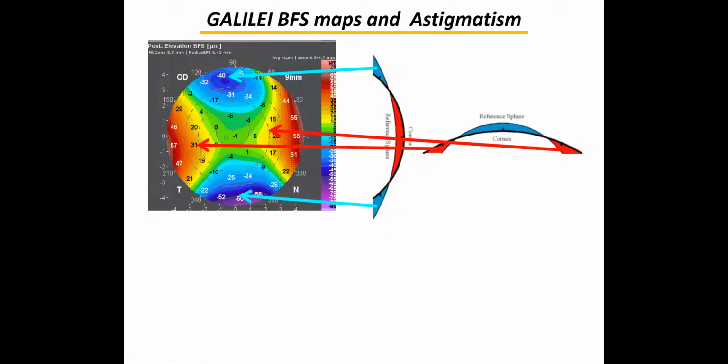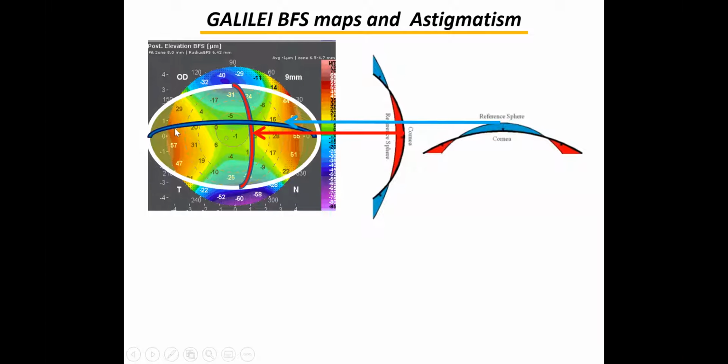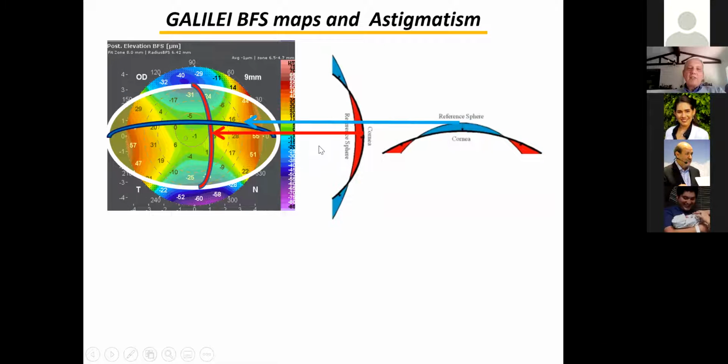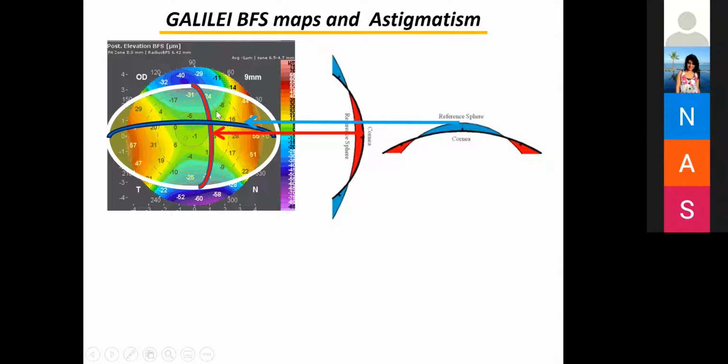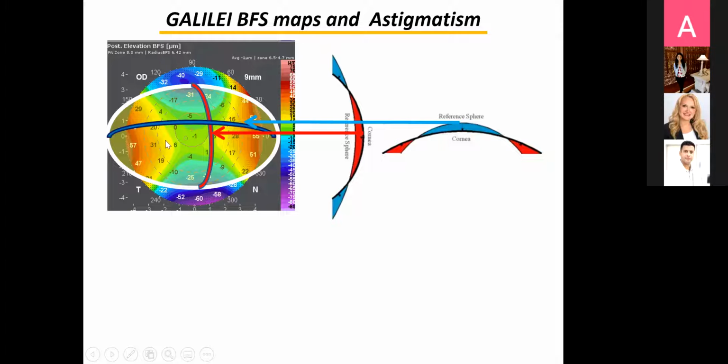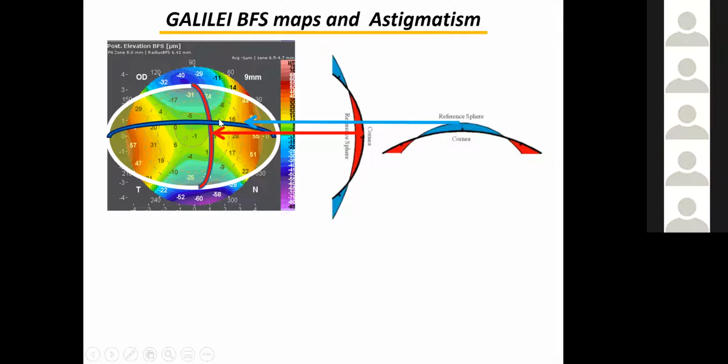So to understand the Galilei best-fit sphere map, we see here a normal posterior surface and astigmatic, in which the egg is lying down. So the steeper axis is vertical and the flatter axis is horizontal. But this is normal. In Galilei, you should always look for the green in the center, in the 4.4 millimeters